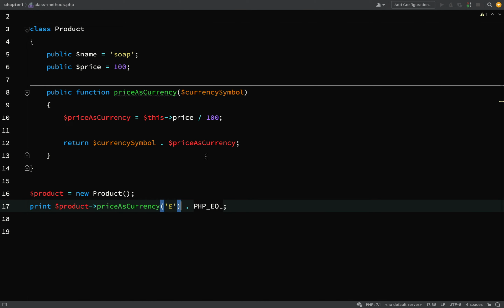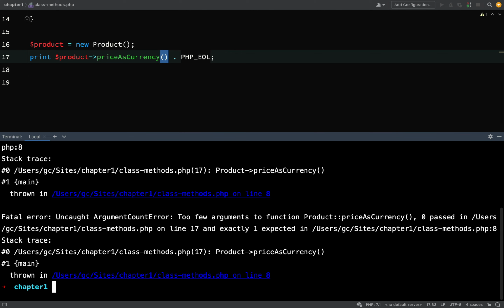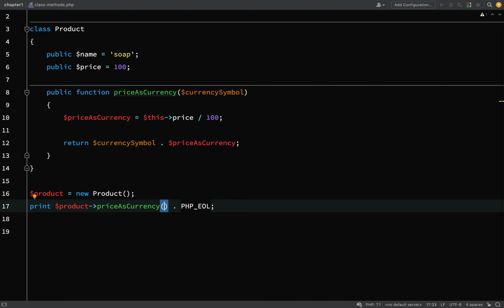So what do you suppose would happen if we didn't actually pass in an argument when we call this method? Let's go and run this again. And so this time we get an argument count error, because we're not actually passing any arguments where the method was expecting one. And so that forces us to pass a currency symbol as an argument, but there is another